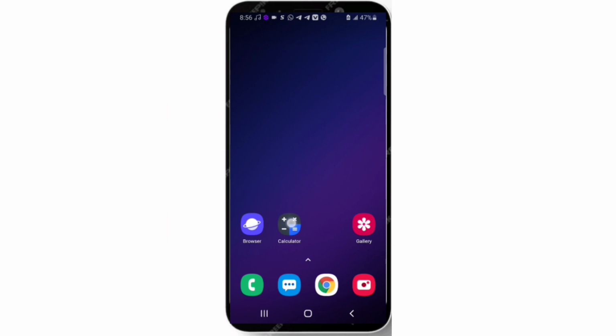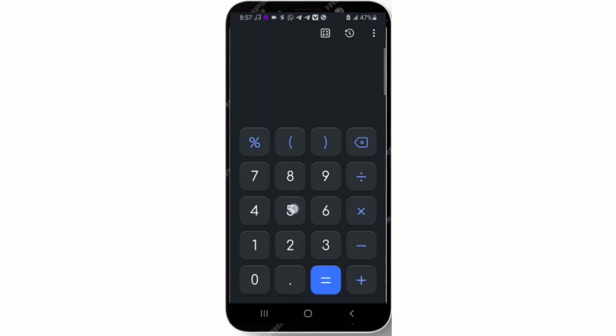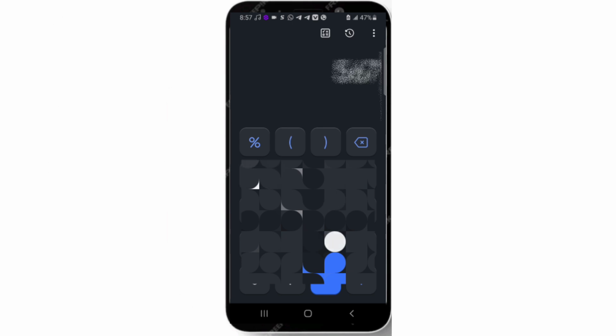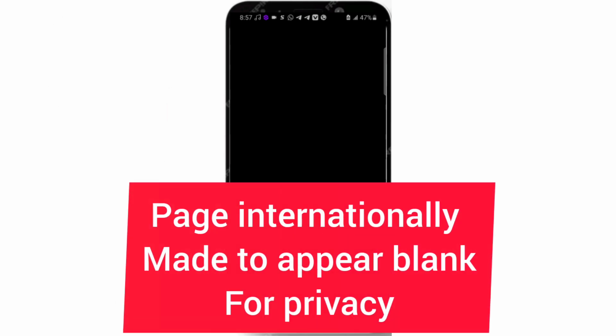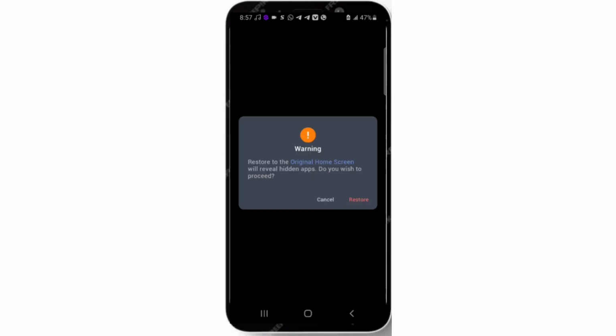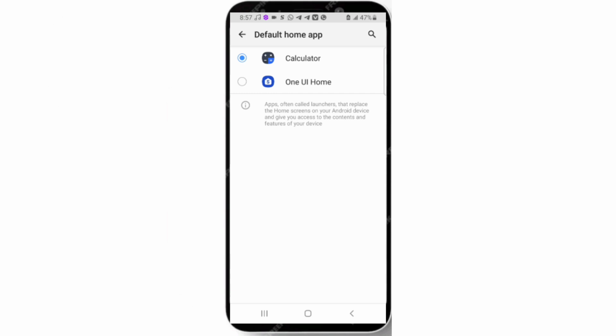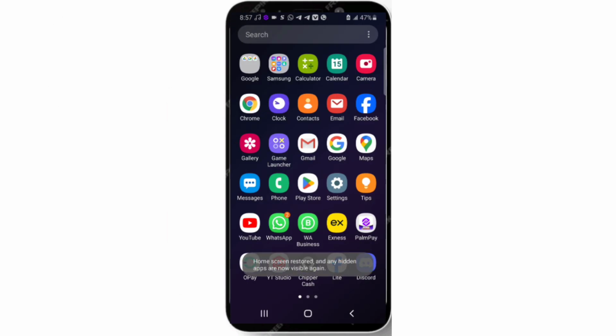While if you want to exit this hide app, if you feel you want to just go normal with your phone as usual, you just click on the calculator icon, and then you put in your pin again. Thereafter, you can just click on this restore home screen. Once you click on it, it says that restoring to the original home screen will reveal hidden apps. Do you wish to proceed? So you can just say yes, and then you can select your home screen again,